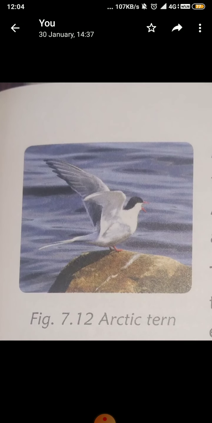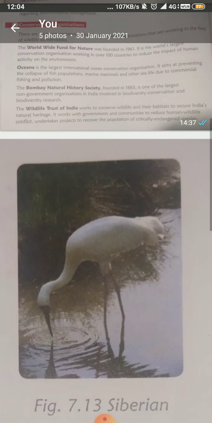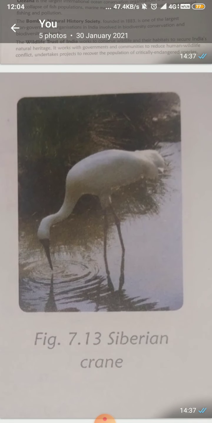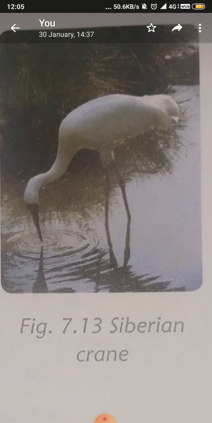The next example I am taking here is the Siberian crane. I am showing you the image also. It visited the Keoladeo National Park, Rajasthan in winter each year. However, the last cranes were sighted in 2002 and have since stopped visiting the wetland, and their population declined drastically. Why? Because of hunting along their migration routes and conversion of wetland into agriculture land. This is the reason why their population decreased drastically.